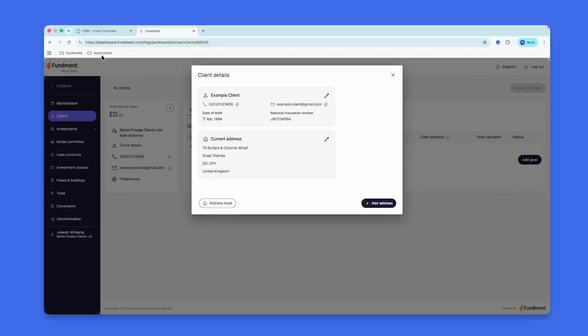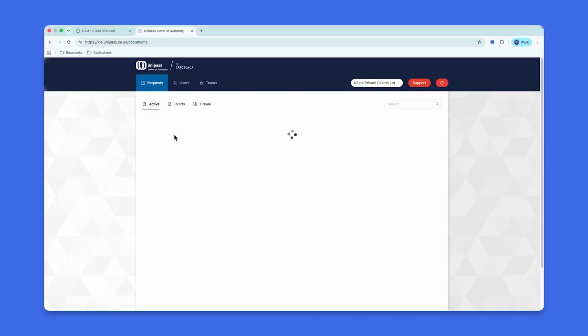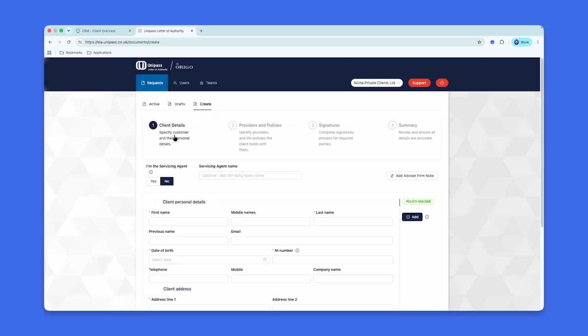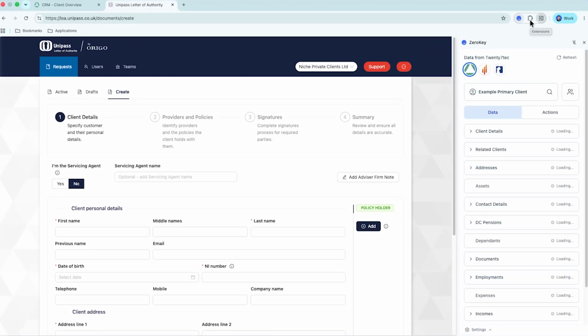Next, let's have a look at how you can use ZeroKey with other third-party systems, starting with Origo's Unipass Letter Authority tool. Now, when starting the LOA process, you would typically be required to rekey data into each and every field to complete stage 1. However, using ZeroKey, you can now reduce the effort down to only a single click of the mouse. Again, the process is largely consistent, whereby you'll need to open the web browser extension, double check that 27tec is selected as your source of data and that you are working on the correct client,